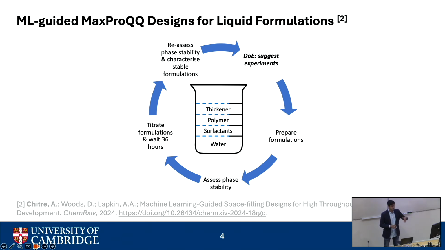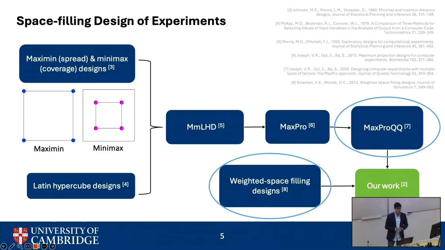So now if we look at this figure, we have the first step of suggesting which experiments to perform. We're going to prepare the formulations and ultimately only obtain viscosity and turbidity data for the stable formulations. So the key point I would like you to remember here is that the unstable formulations result in partially wasted experiments. We went with the idea of having a space-filling design, and I'll now introduce some background on these space-filling designs,